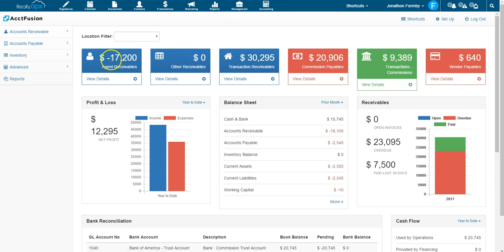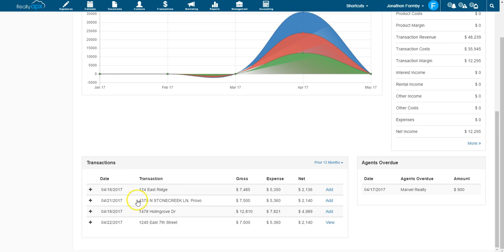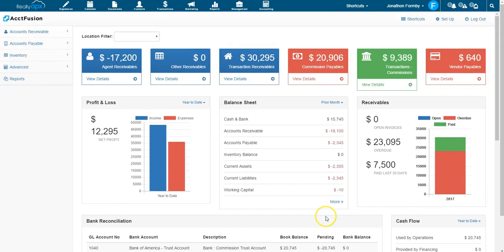In here, you have everything that you'll need for that transaction, everything that you'll need to run your office or multiple offices that you have in the system. Down here, all your transactions, when they're pushed, are automatically populated into here. So when the check is received for the commission, you add it here, and then you just click the drop down. You see all the agents you need to pay on this commission. Click pay, add, and pay those. Everything is done directly from the system. So you never have to leave the system from the beginning of the transaction all the way to the end